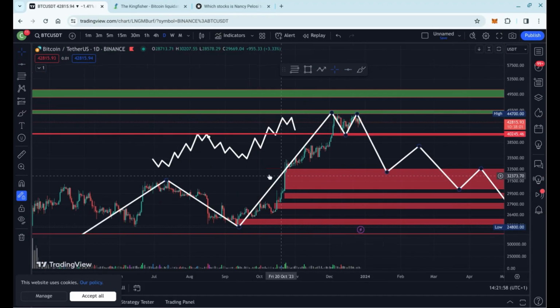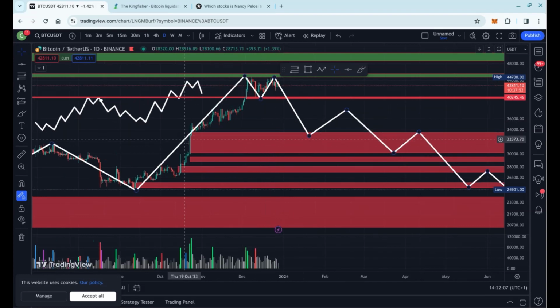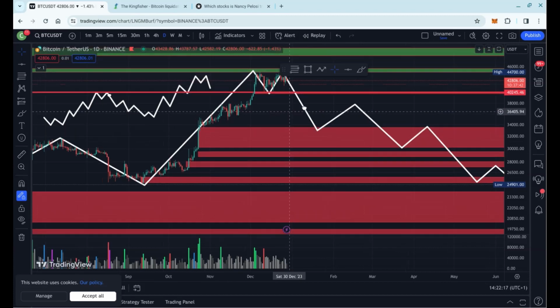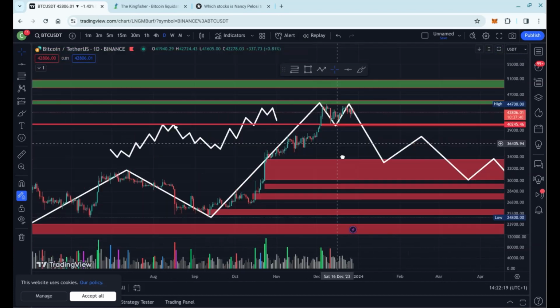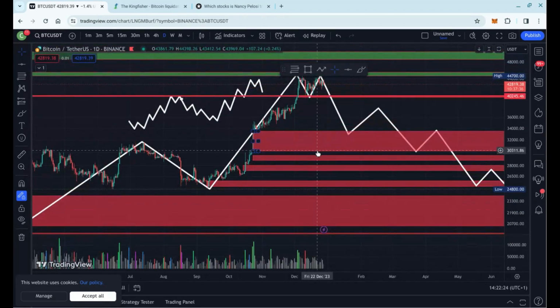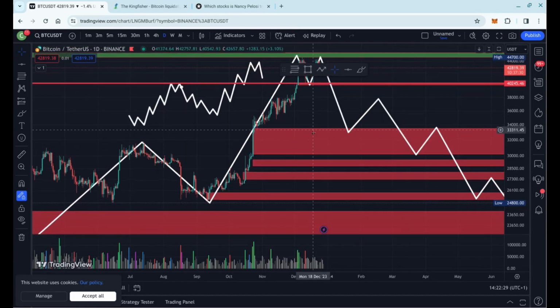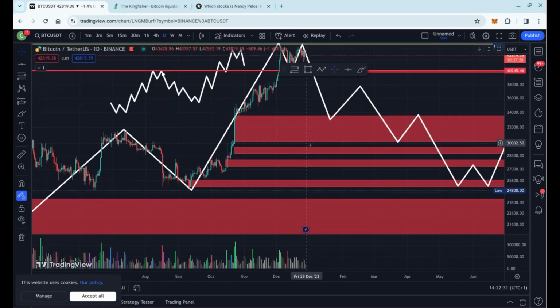And to help us target where we might go, we can use the volume candles with the PVS array indicator. Just search for it in TradingView and you'll get it, and then you mark it off in the charts. Every single volume candle that hasn't been recovered, you mark it off. The ones below are red, you can do whatever color you want, and the ones above are green. The ones to the downside go all the way down to 17k, but the first target you want to target is the